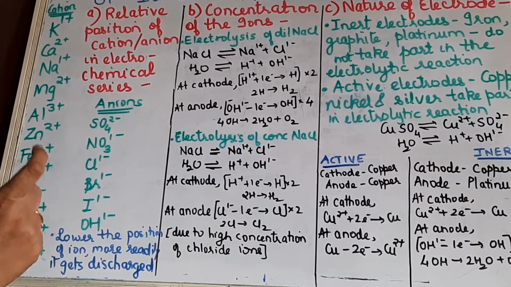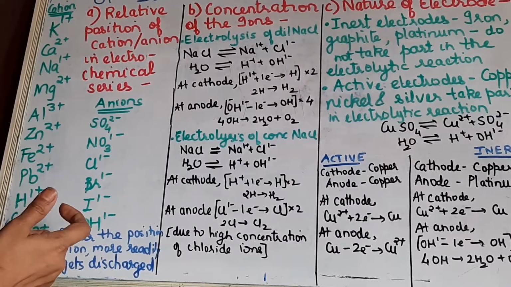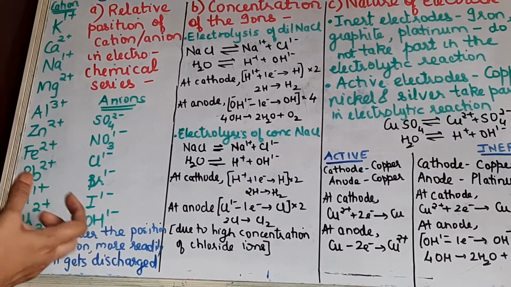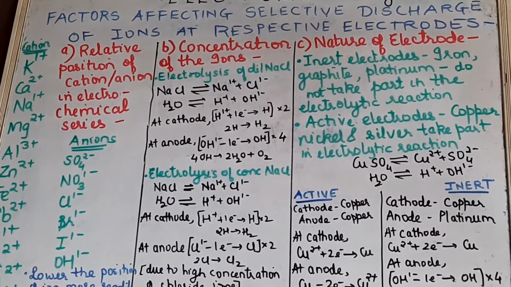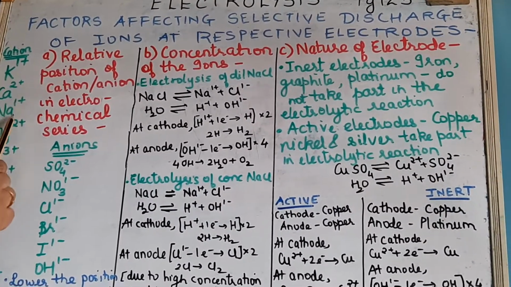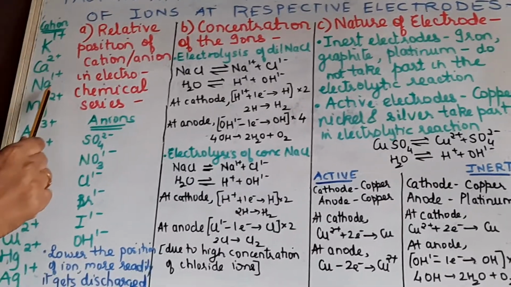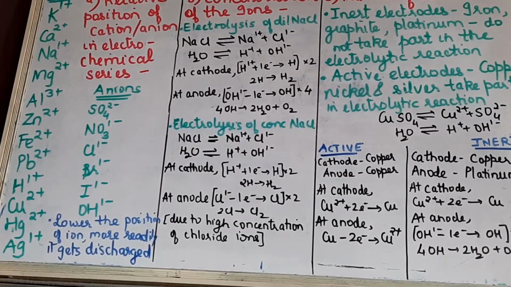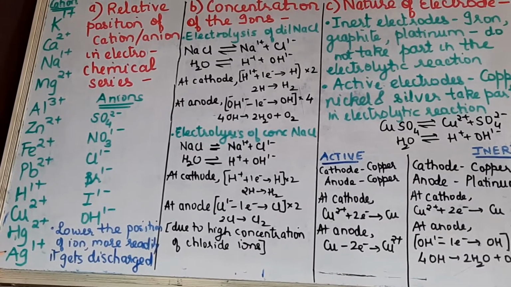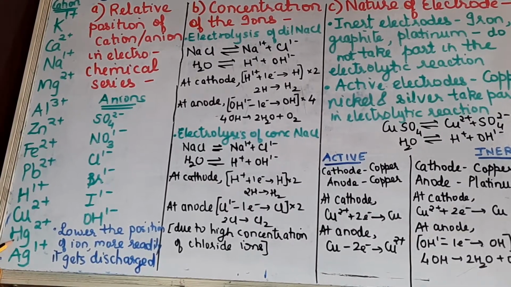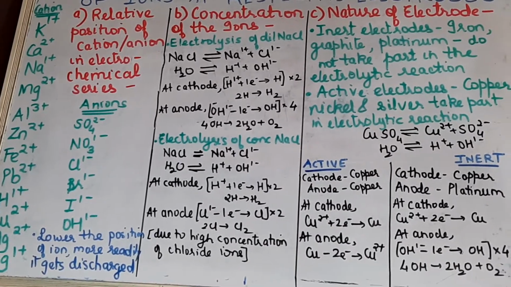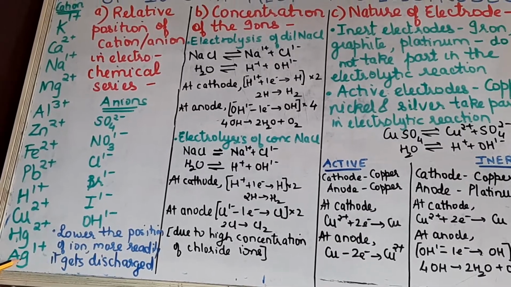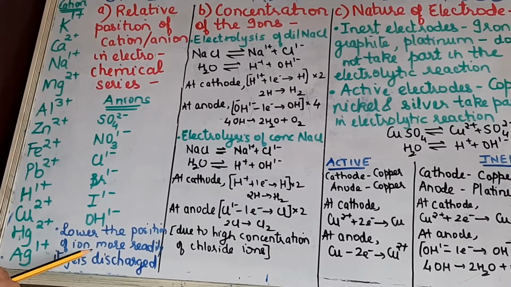When we said that the ions are getting discharged as neutral atoms, what is happening at the cathode? At the cathode, the cations gain electrons and get converted into the neutral atom. So the tendency of these to gain electrons will be very, very less compared to the ones which are at the bottom. Those ions at the bottom of the electrochemical series will get readily discharged as neutral atoms. Between mercury and silver, if there is competition between Hg and Ag, it will be the silver ions which will readily gain electrons and form the silver atom.